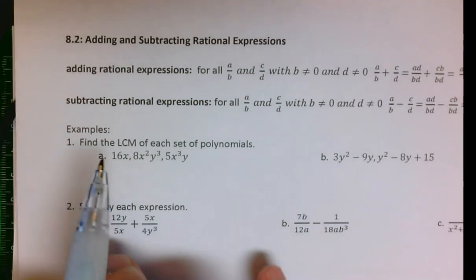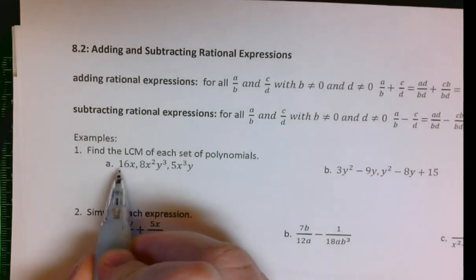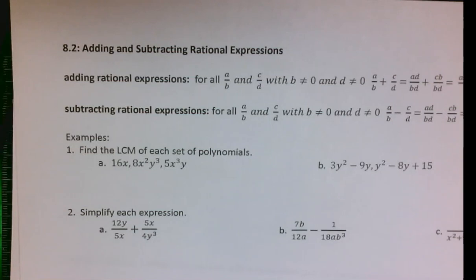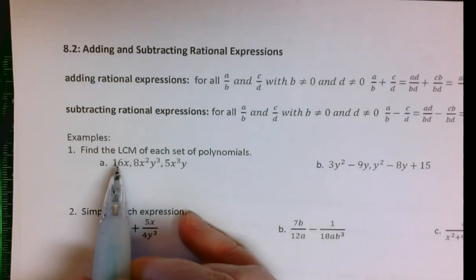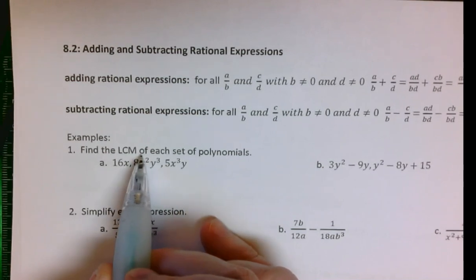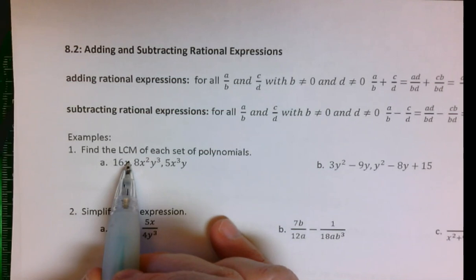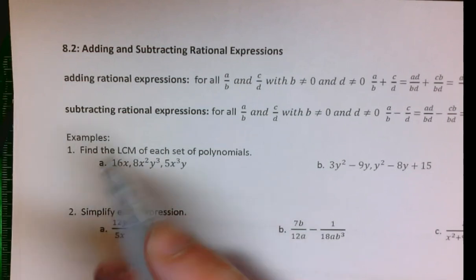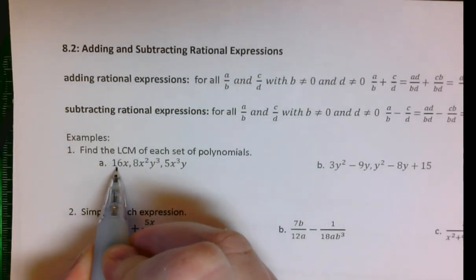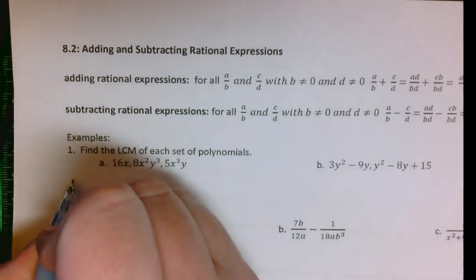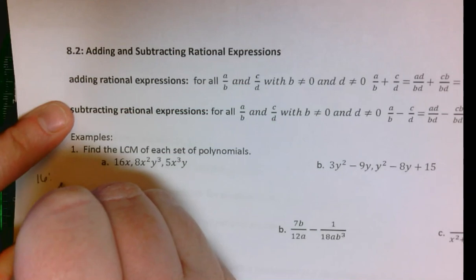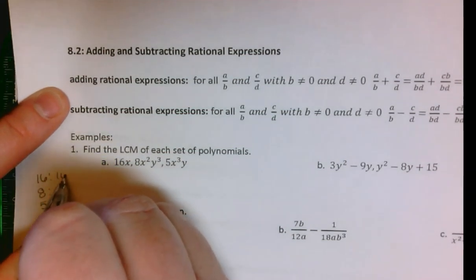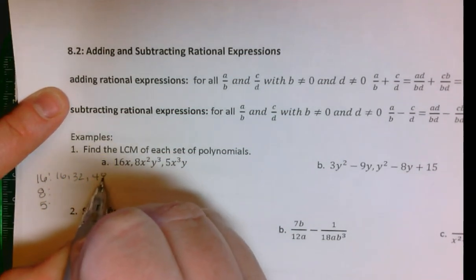So the first thing of the LCM is you need to look at the numerical values. What is the number that 16, 8, and 5 can all multiply into? So what's the first number that they all multiply into? Usually, to find that value, you take the smallest times the largest, because that would guarantee that these two numbers will meet, especially if that third number could go into the largest or the smallest number. So 16 times 5 for the products. 16, 8, 5. The multiples of 16 are 16, 32, 48,